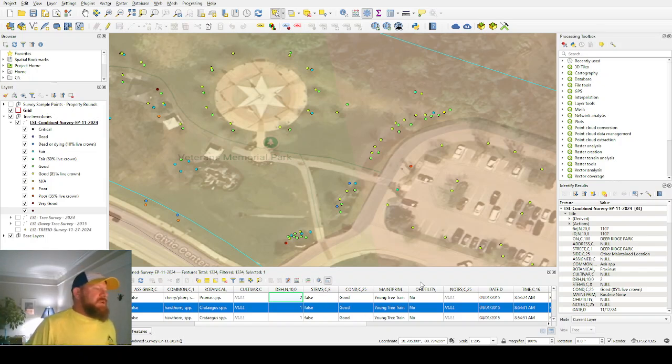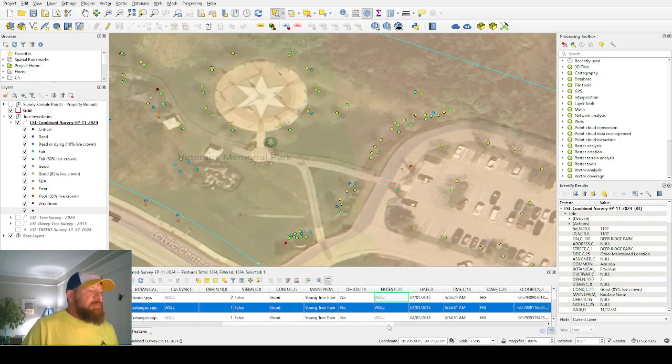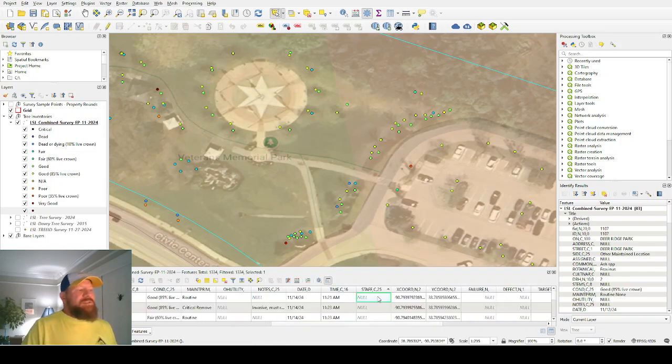But I've got fields for maintenance. Does it need trimming? Does it need pruning? Does it need removing? Is it dead? Is it dying? Is it all of the stuff, right? There's a notes field so that you can say, hey, this is a memorial tree. It was planted for Mr. Richard C. Majors, and he was amazing. He was a World War III vet, and he rode speeders on Tatooine. Whatever it is, he sounds great. I don't know. And then, of course, date and time of collection, who it was that